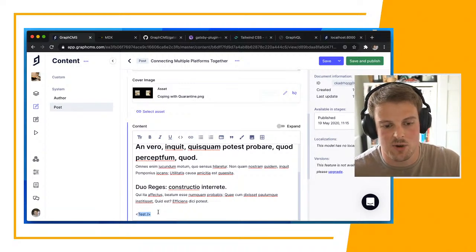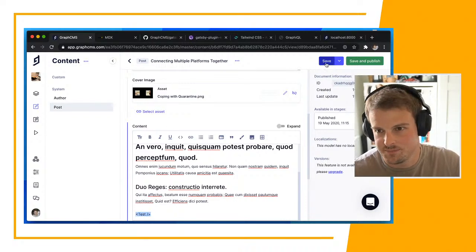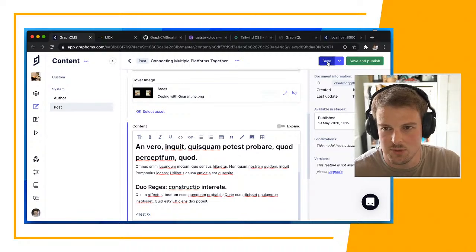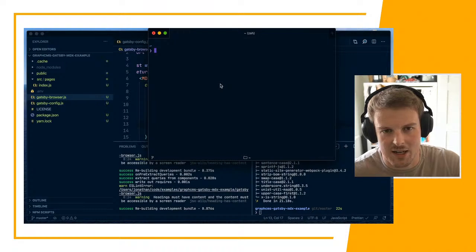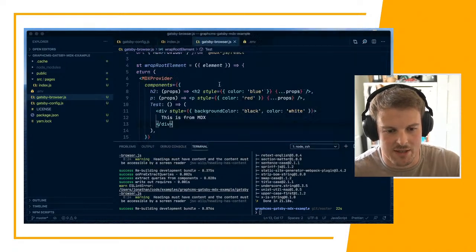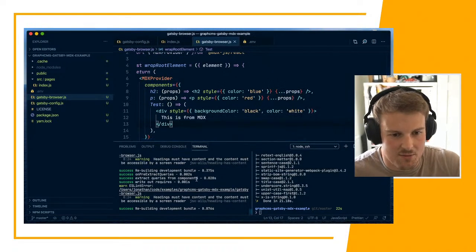We're just using the angle brackets notation that everybody knows and loves. So I'm going to save that. So we'll have to keep clicking on item. It's just habit. Alright, so I'm going to rebuild this